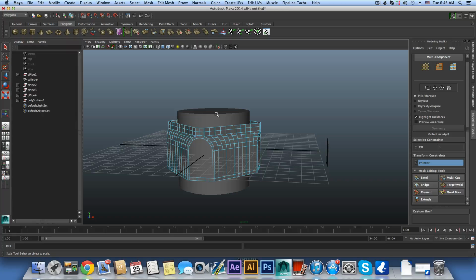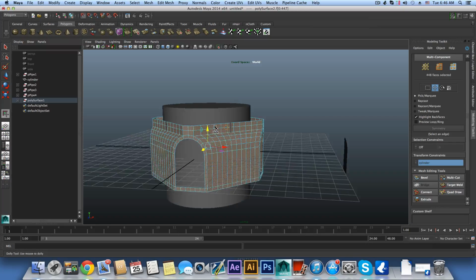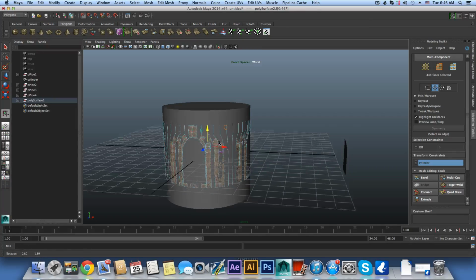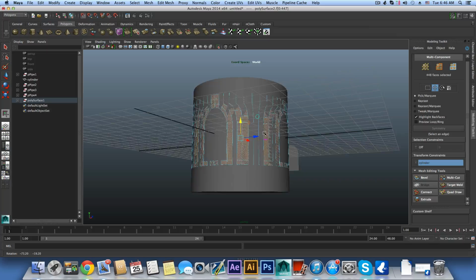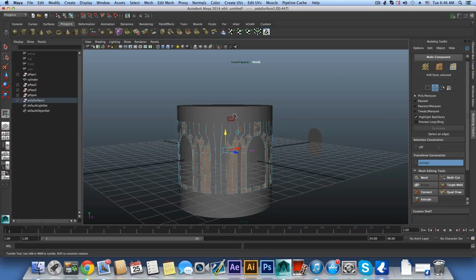Now this cylinder is already assigned to the transform constraints, so all you have to do is pick those faces and go over this move tool again, and just a slight touch on this arrow of the y-axis, bring this a little bit up, and it will snap to the cylinder that way. You see what's happening? So now it's perfectly where we want this to be, and I want you to press F8 once or twice,